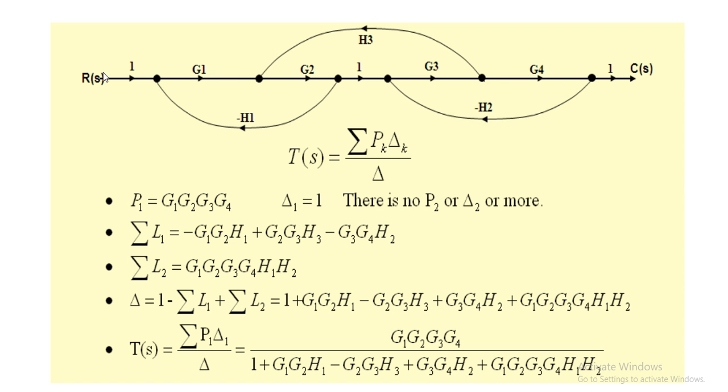So this is the first forward path that we can say, and the gain for this first forward path will be what? The gain of above branch, that is 1 into G1 into G2 into 1 into G3 into G4 into 1. So I can say that the gain is G1, G2, G3 and G4. If you neglect this one, if you multiply this one, it will be same. So the gain of the first forward path is G1, G2, G3 and G4.